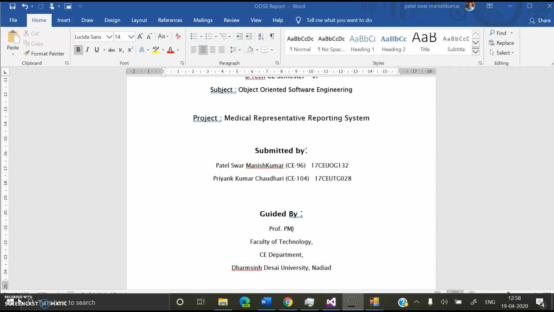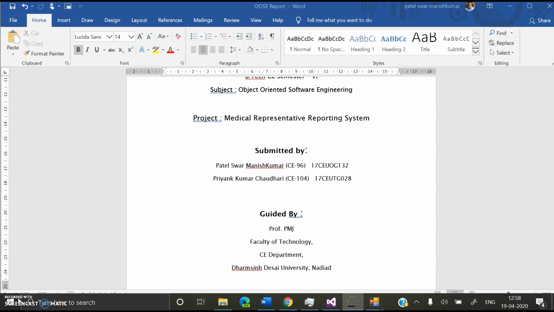The main goal of our project is to create ease of communication between the medical representative and the manager of any pharmaceutical company. The two main functionalities are creating and approving or reviewing the reports and the schedules. The medical representative will create a schedule of which cities he is going to visit in the future, from a particular date to another particular date, and that schedule will be submitted to the manager. The manager will look at the schedule, and if he finds anything he wants to change, he will change it, and after that he will approve it. That changed portion will again be updated on the medical representative side.